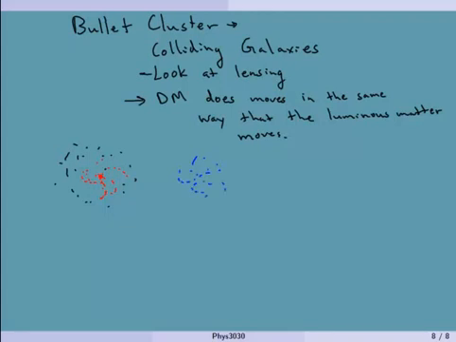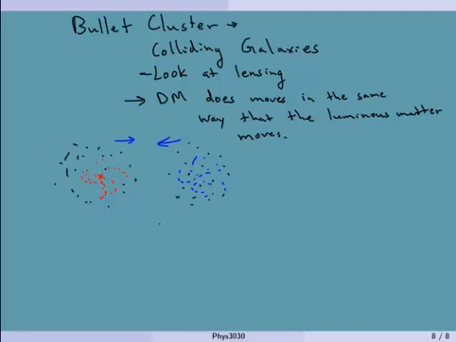And it also has a dark matter halo. Okay, and they're moving at each other, right? So they're moving at each other like this. Okay, well, when they collide, we know that the luminous matter is really interactive. Okay, and so it will interact with itself. So I'll sort of move here.